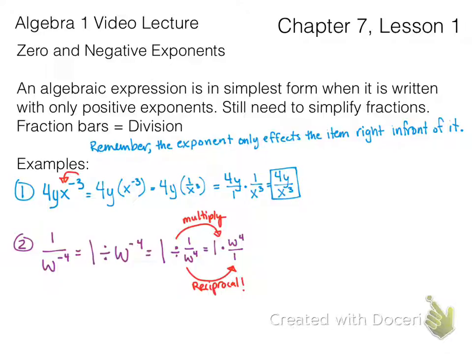Yes, you called it and I called it. And there you go. There's your reminder. So 1 times w to the fourth is just 1 times w to the fourth, which is w to the